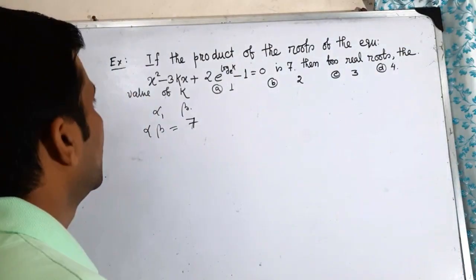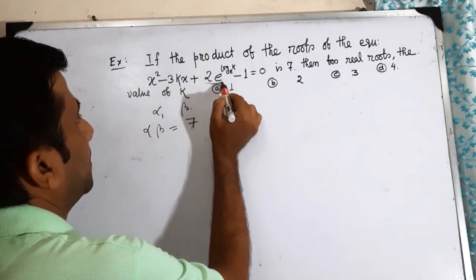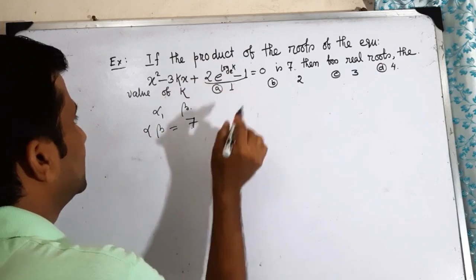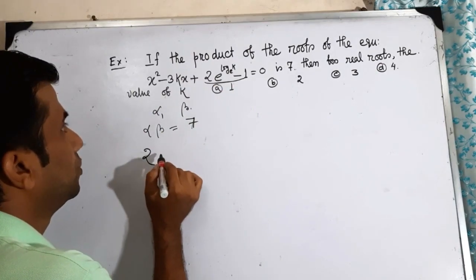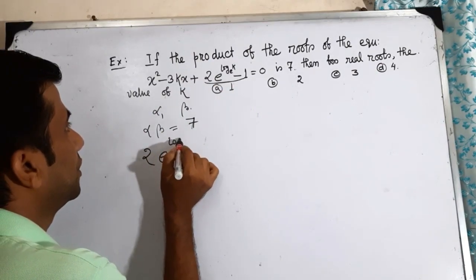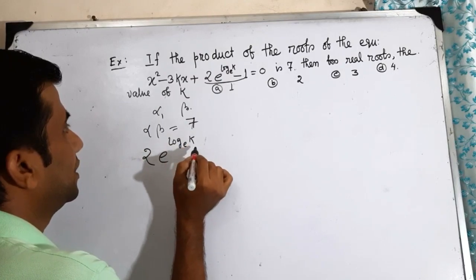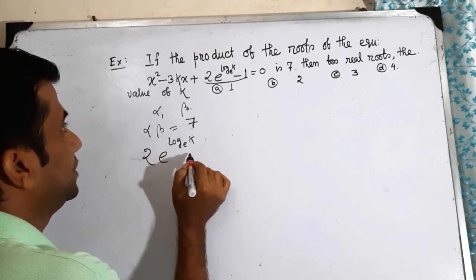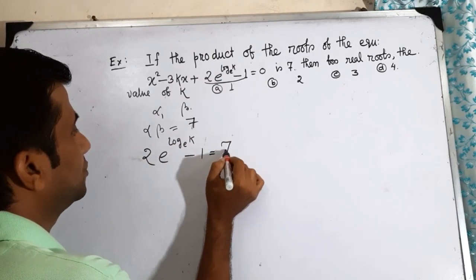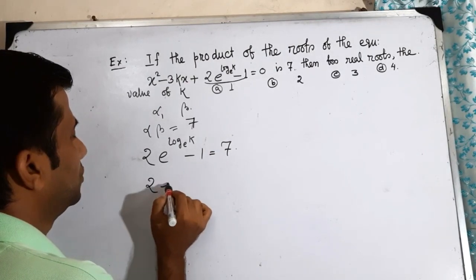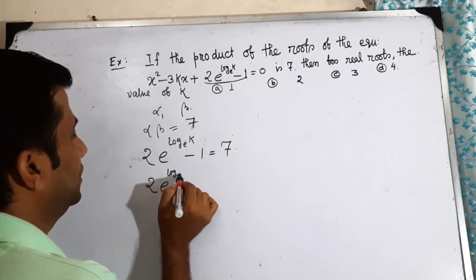That means this part 2 e to the power log k base e minus 1 is equal to 7,